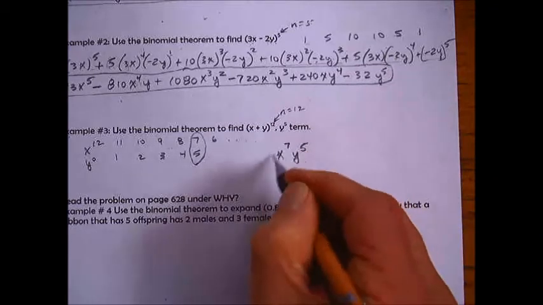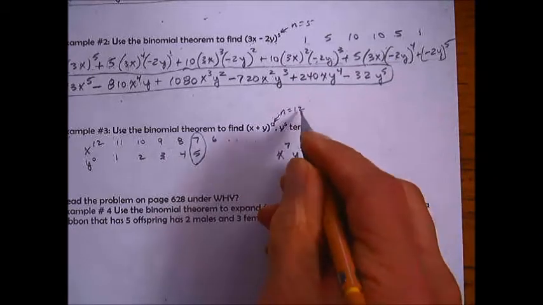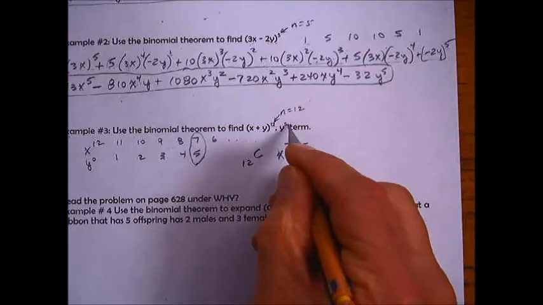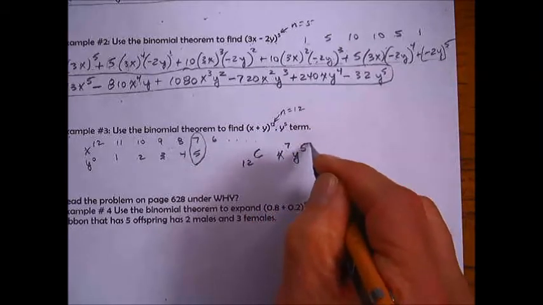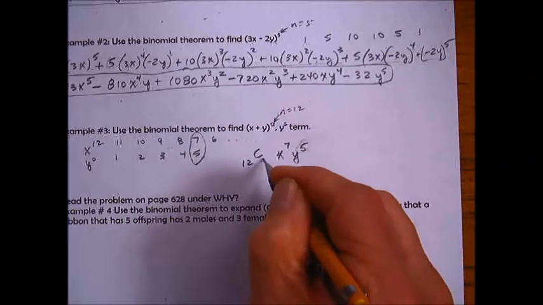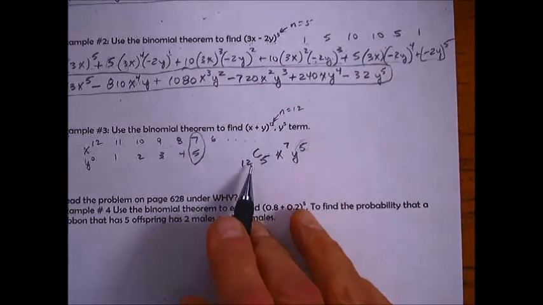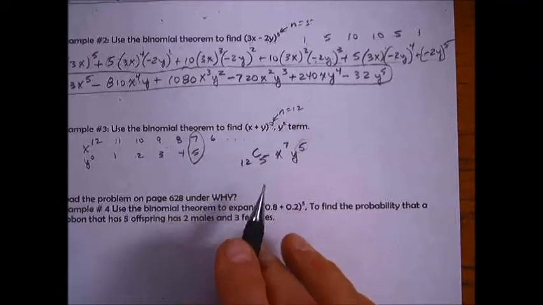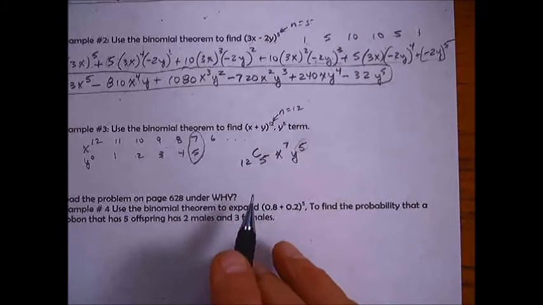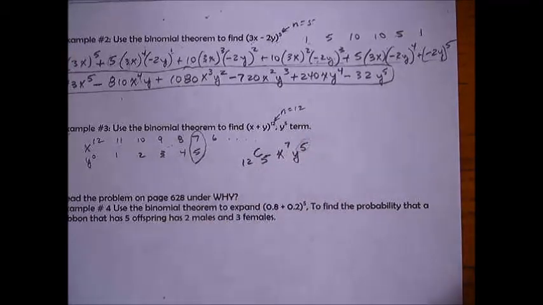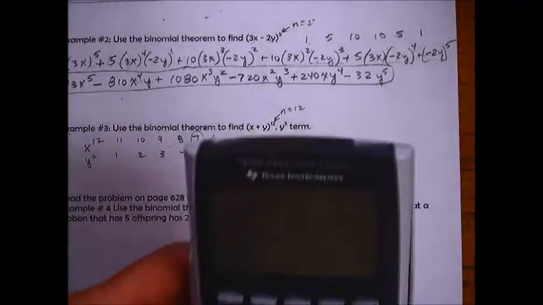And then the coefficient is going to be n, which is 12, choose 5. This is the number that you'd be choosing, 5. So then we don't have a 12th row on our Pascal's triangle, and we don't want to make one. We want to be able to figure out how to do it. And so what we're going to do is we're going to use our calculator. This is a